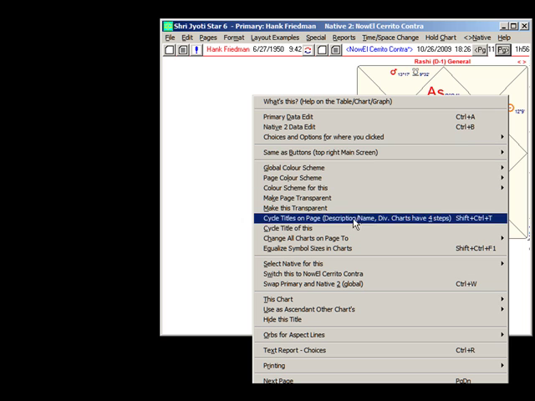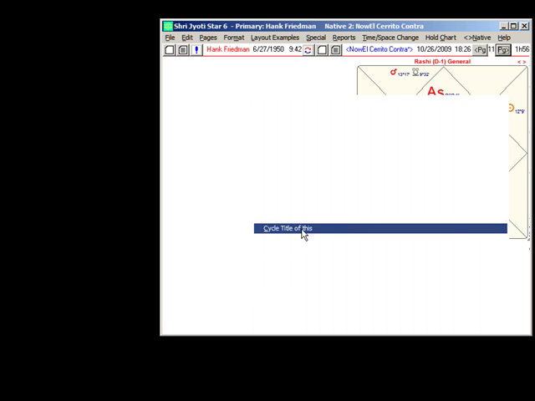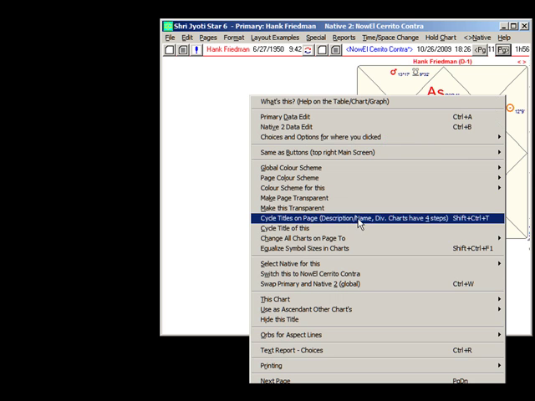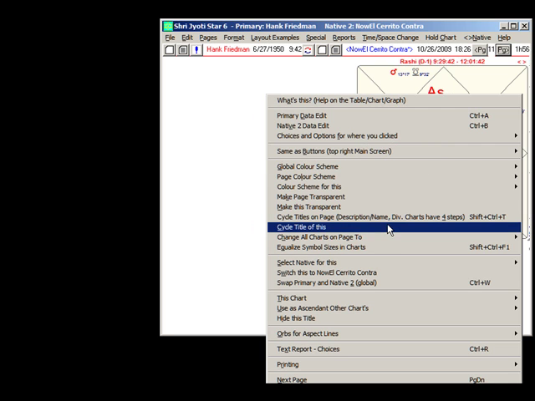However, I don't want it to say Rashi. I want more information, like the person's name, for instance. So I right-click, and I go down to Cycle Titles of this. And now it says Hank Friedman. But I want to see even more information, so I right-click again and click Cycle Titles on this. And I do that one more time, and finally I get my name and the time range when my chart